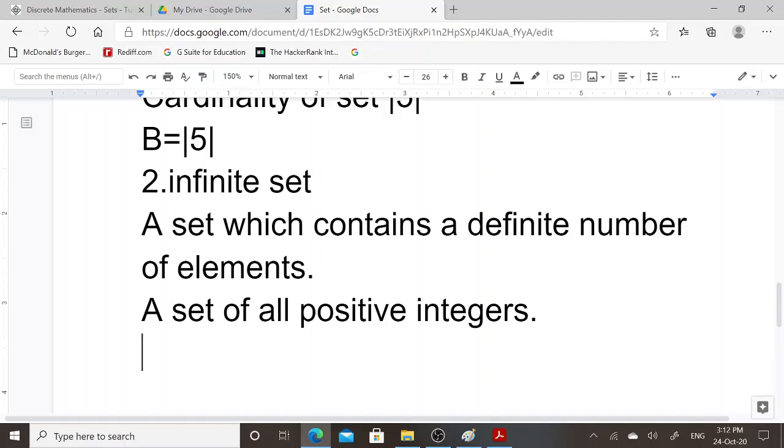If you want to represent this set in a tabular form, I will name this set as A, and it will contain all positive integers. It will begin with 1, 2, 3, 4 up to n. Infinite set contains n number of elements, that is, the user will not count the total number of elements.